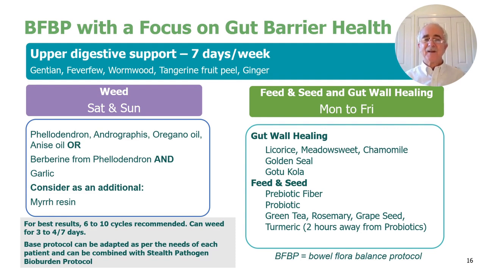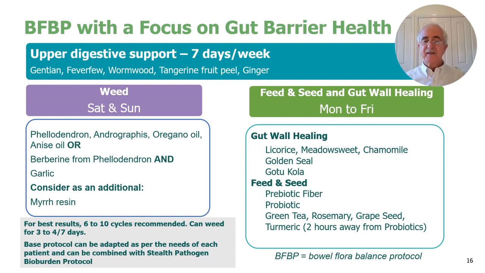So in the weeding phase, you apply a range of antimicrobial herbs. Options are listed there. The advantage of these herbs is they're very broad based, so they don't just target bacteria, they're fungi and protozoa and so on. And then in the feed, seed and gut wall healing phase, you're giving herbs to improve gut wall healing, and you're giving herbs that act as